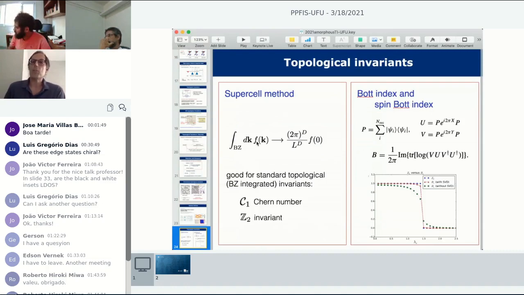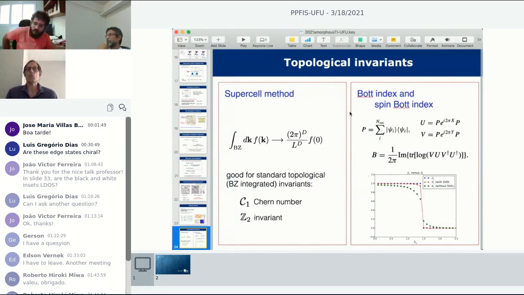If you don't have a Brillouin zone, what people have done is use a kind of supercell method, expanding this Brillouin zone. So you take a big system, and eventually, if L is infinitely large, which is never the case, then you don't have to integrate over the Brillouin zone. You just take one representative point, the gamma point, and it will tell you everything. So you have to do something in between, but this is the standard procedure, and it is actually what we do.